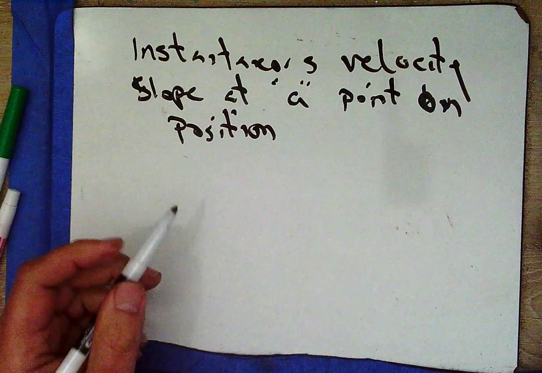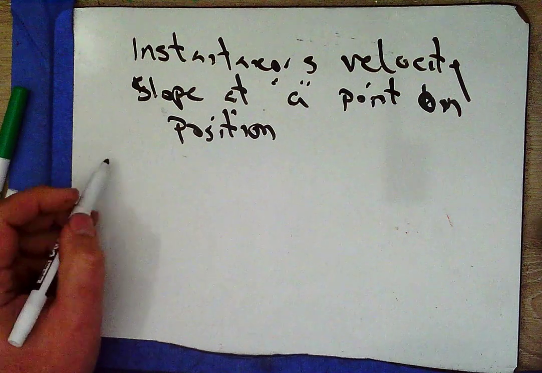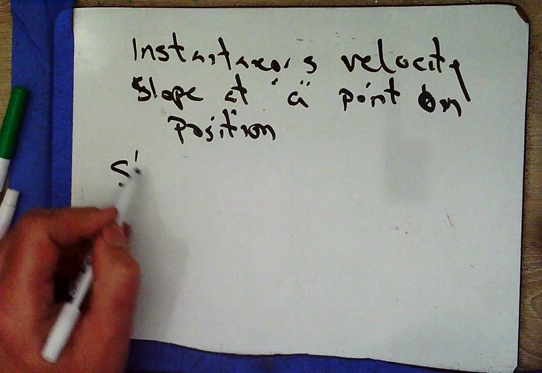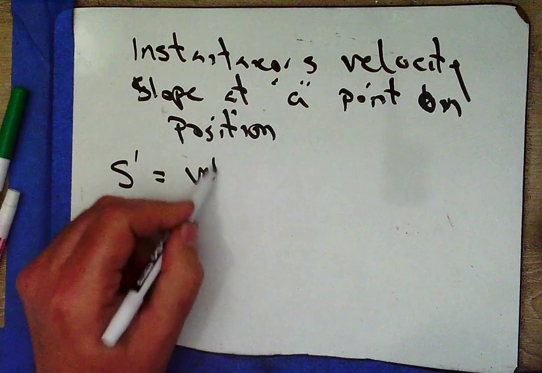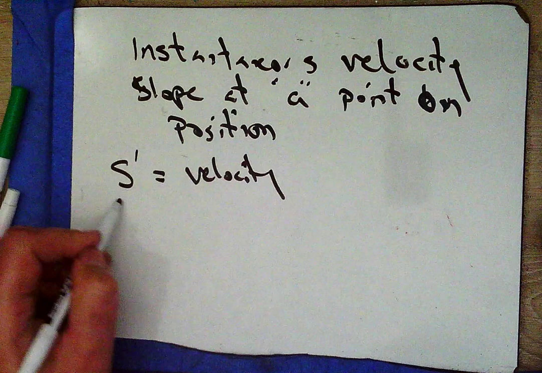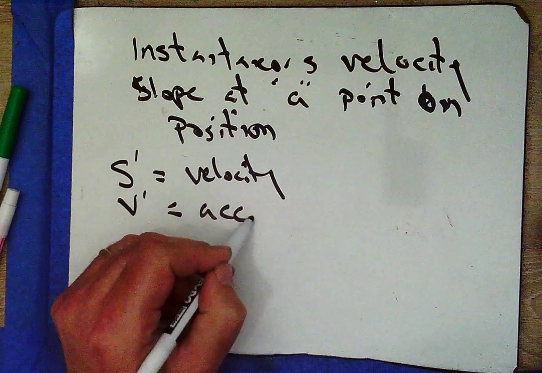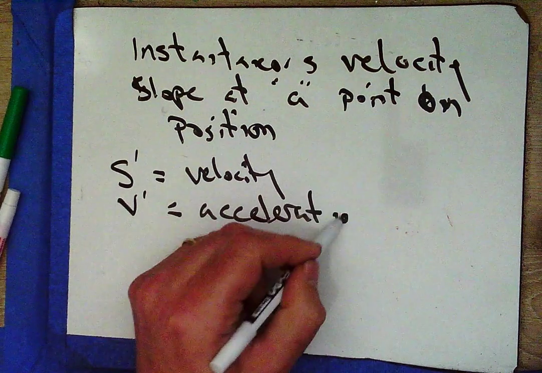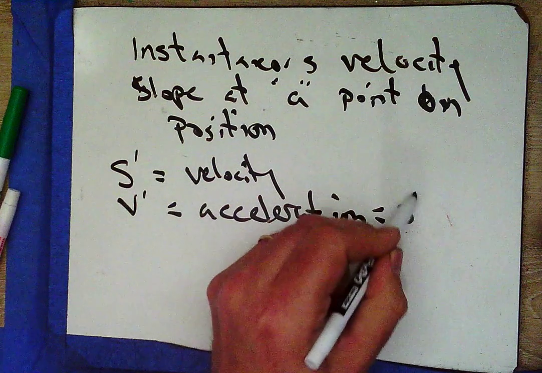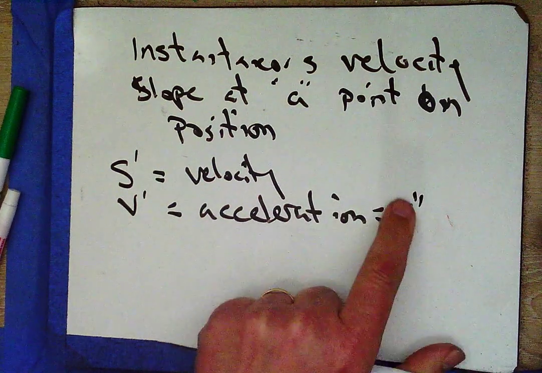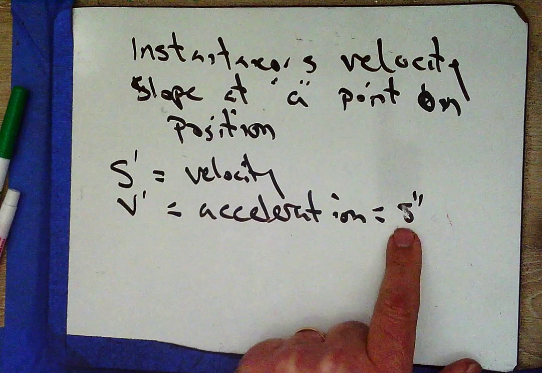So we said that we could use prime notation. S prime could be velocity. V prime could be acceleration. But acceleration could also be s double prime, the rate of change in the rate of change in position with